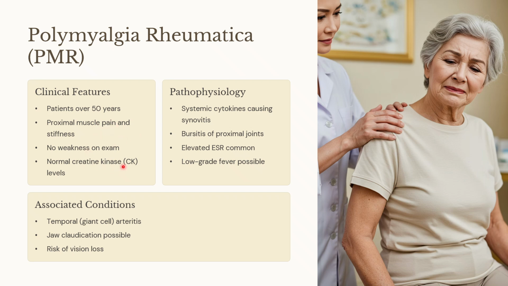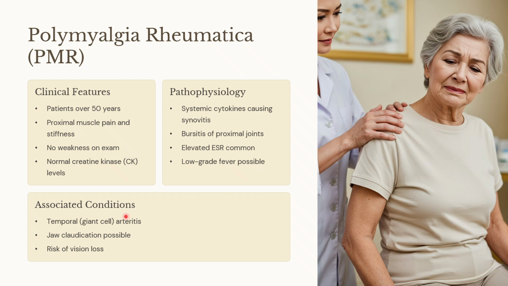But because only the bursa or synovium is affected and the muscle per se is not affected, there will be no muscle weakness, and the creatine kinase, which is generally released by the muscles, is also normal. So here there is an elevated ESR and low grade fever is possible, but other than that the muscle will be normal and creatine kinase is also normal. This is associated with